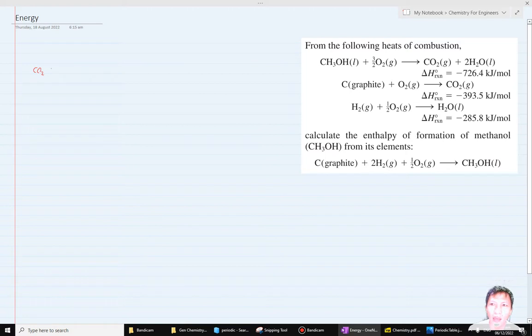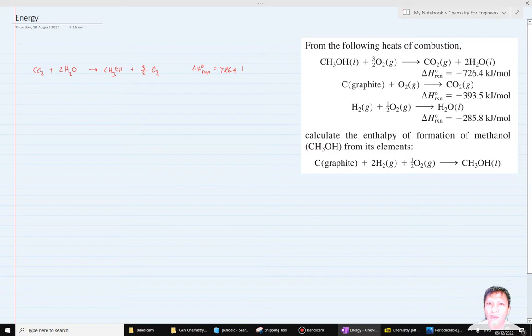Carbon dioxide, gas, and water, H2O, liquid, will turn into CH3OH, methanol, and 3/2 of oxygen. Since you have reversed it, the enthalpy of reaction also reverses. If it was exothermic, now it should be endothermic,